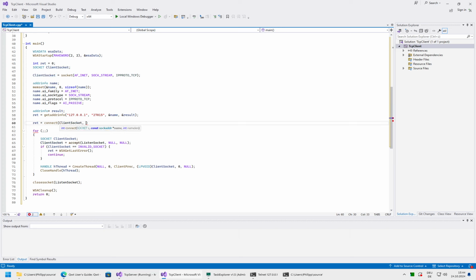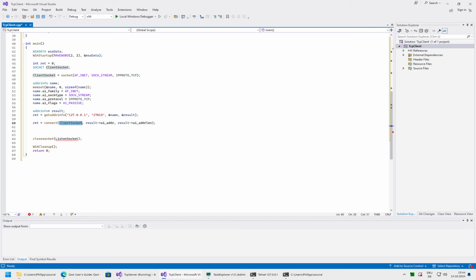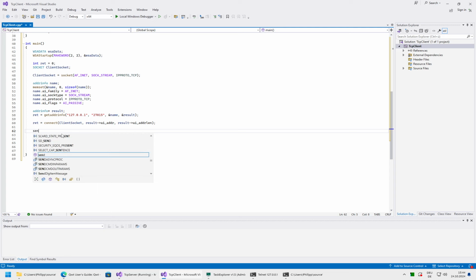And now of course we use the connect function to connect the socket instead of listen, since we want to connect obviously. And here we just provide again the result address and the address length. So now it knows where to connect, and of course the rest of the behavior will also be different, because now we can do whatever we want. So we could send something again, for example like we did before, just test,